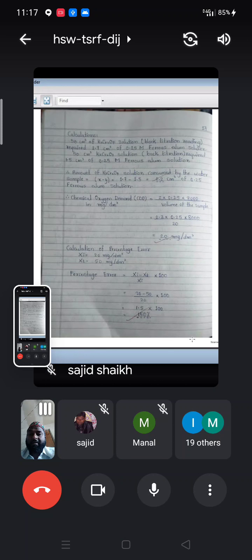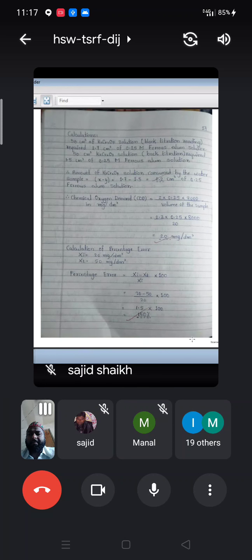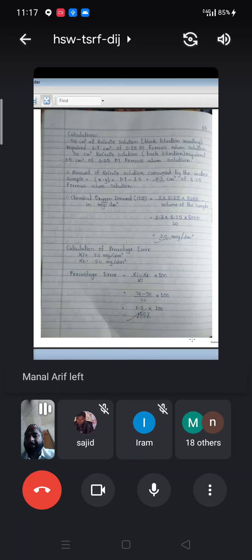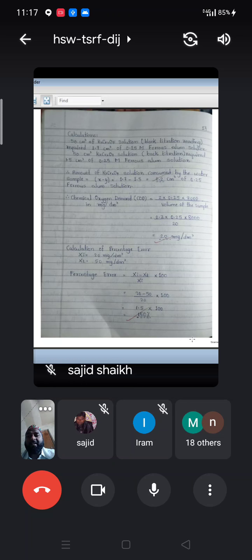Please go through this experiment well, which is a very simple experiment. COD, you have studied in botany as well. COD and BOD: BOD is biological oxygen demand, and COD is chemical oxygen demand. In water there should be oxygen. Some extent of oxygen is present in the water, but as you go down, its value decreases. That you have to remember. In the water oxygen is present, but at the bottom of the reservoir it becomes low in concentration.